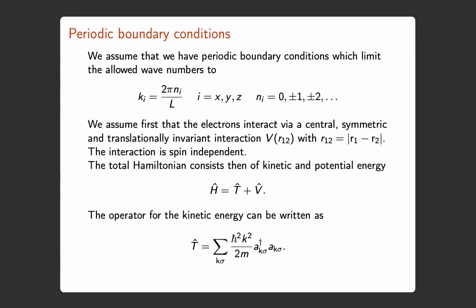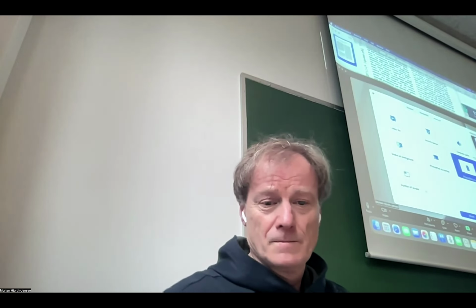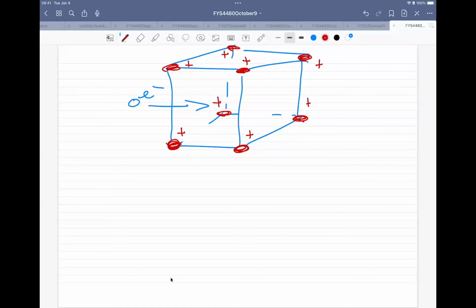So let's just switch to the whiteboard and remind ourselves about some of these technicalities. Is this something which rings a bell? I mean, particle in the box? This is essentially what you did in quantum physics, and for those of you from UiO, it will be physics 2140. Okay, so let's do physics 2140. Let's just change page.